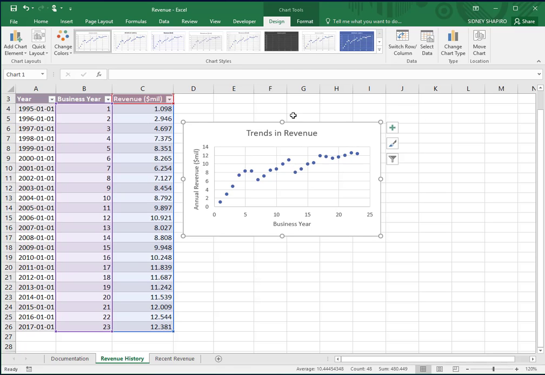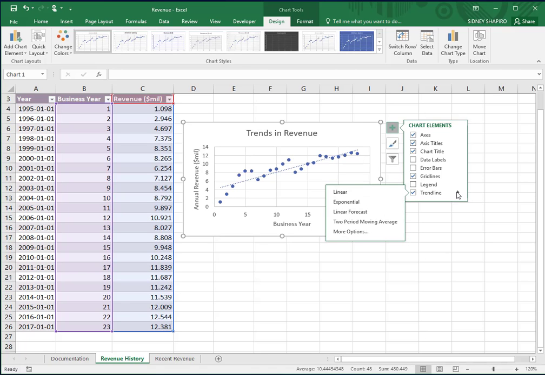Okay, so now we're going to go back to chart elements and we're going to add a trend line, right? So this is going to show us the trend. And this is where we could see how that trend is doing over time, right? It's the average between all the different dots. So if we go into trend line, we could have a whole bunch of different options, like we can go exponential,